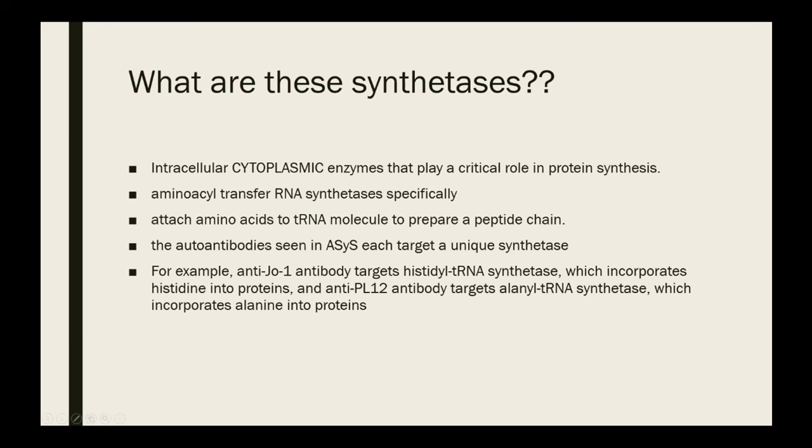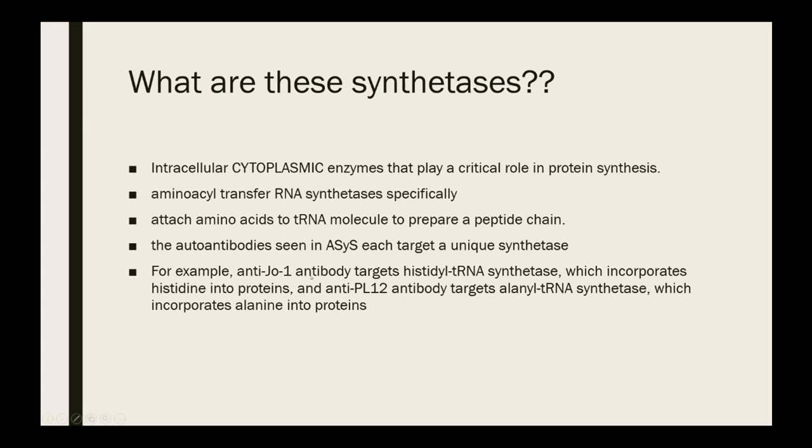And so there's 20 of these apparently. And so far, we have 11 autoantibodies that have been identified, and I think 7 or 8 of them that we screen for clinically now. And each of them targets one of these unique synthetases. And I learned this when looking stuff up for this, but synthetase versus synthase, the synthetase means you need an ATP, you need energy for the binding to occur.